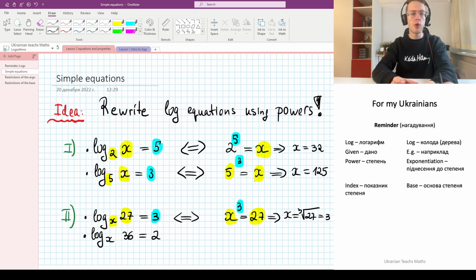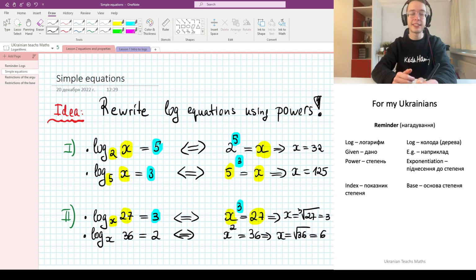For those unsure how this works, go check out my video if I have one on roots. So, logarithm to the base x of 36 equals 2. Doing the same trick as before, we have the result of exponentiation equal to 36. We have the base of the power x, and we have the index 2. So the whole log is 2. X squared equals 36, meaning that x is equal to the square root of 36, and it is equal